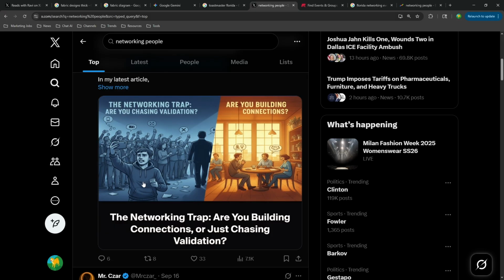Also, it needs to be the right event. If it is a job fair, then that's fine. But if you're going to an open party where a business is hosting an event and you're just there trying to network to get your first steps inside of that industry, if you come with that intention, then you're just going to look like the thousands of other people who are looking for a job.